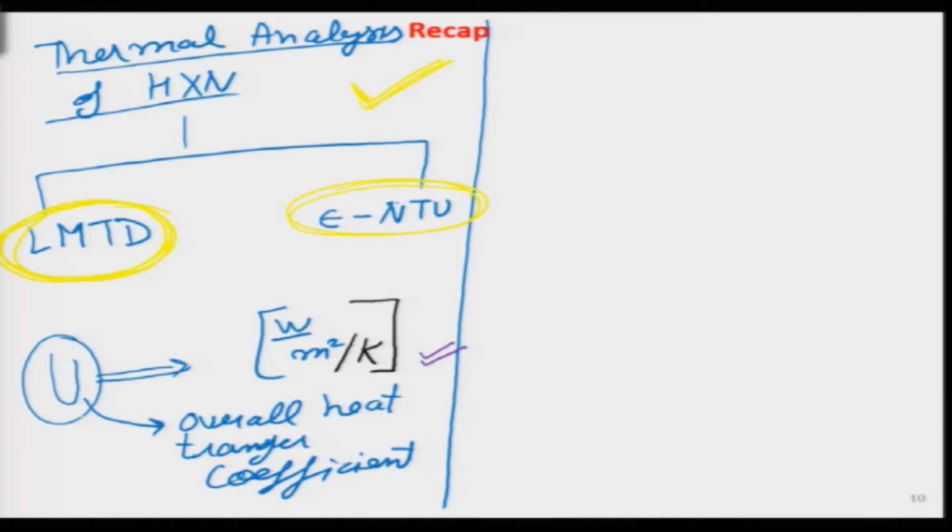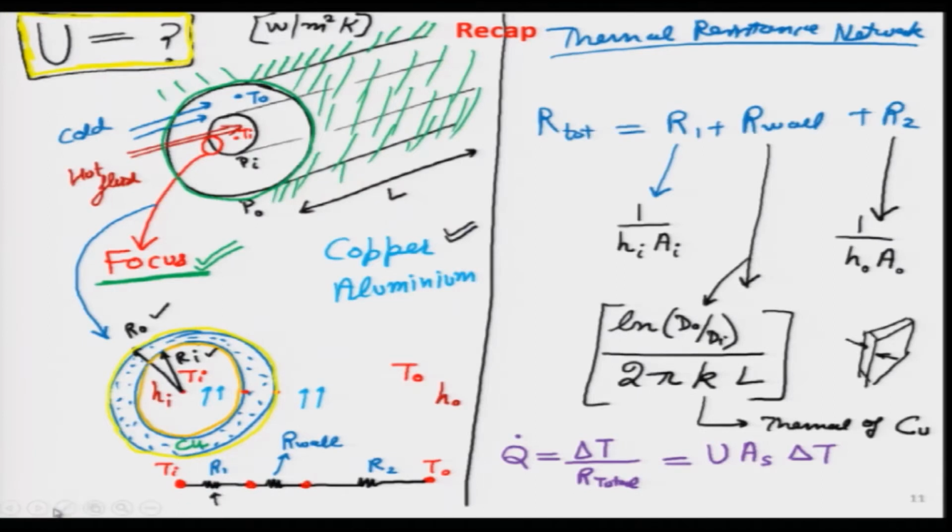But first we wanted to look at this important parameter U, which is the overall heat transfer coefficient. So, I had written over here, U is question mark, that is, what is the value of U we want to figure out. In order to do that, we wrote the thermal resistance network equation for this particular case, where we have a simple type of flow taking place, either counter flow or parallel flow, in which, as shown over here, there is a tube in tube.